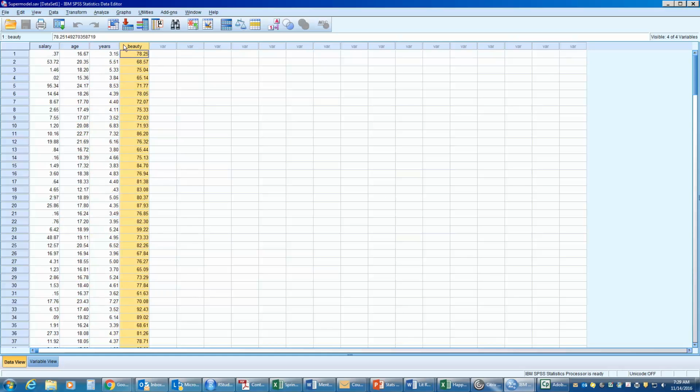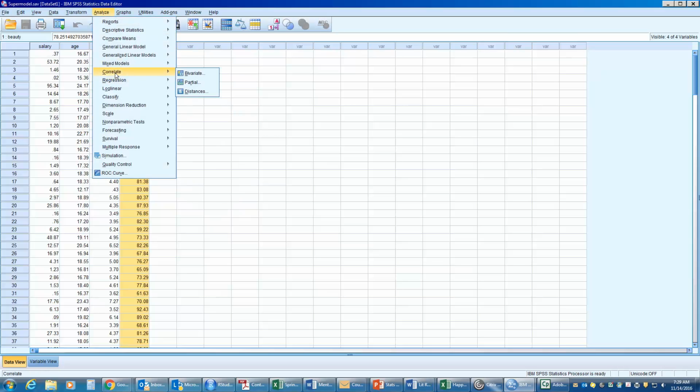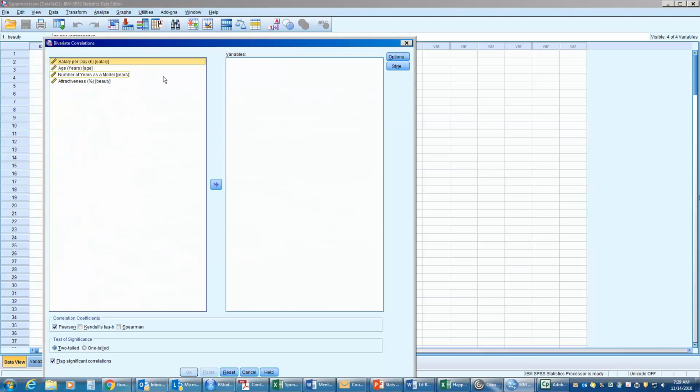The first thing that I would do, and this is a practice that is not a requirement in multiple regression but it's still a pretty good practice, would be to conduct a simple bivariate correlation to see how these variables behave together. And so in this case, what I see is that the variable salary, which is the outcome variable, with salary is correlated perfectly. That would make sense. With age,